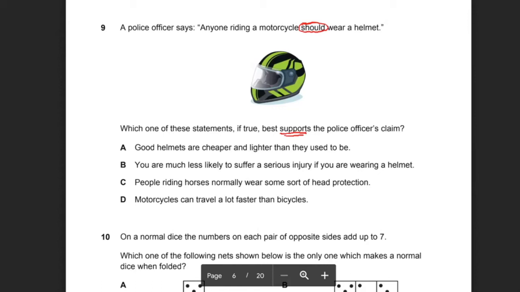So now what you need to think is, before you look at the answer options, what sort of statement would support that argument? Well, off the top of my head, I would say any sort of statement that tells you about the benefit of wearing a helmet, how it can protect you, how it can make it safer, right? Or something that says about the dangers of not wearing a helmet. That would also support what this police officer is saying. So, reading through our options then,